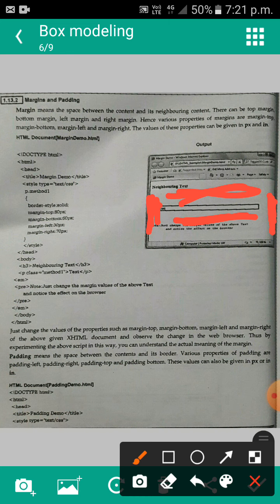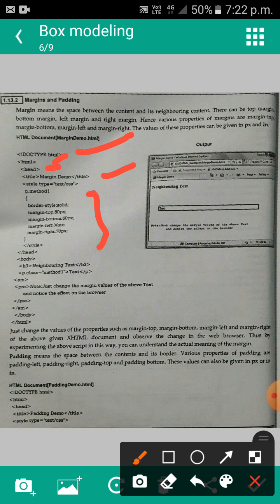Okay, so let's see one example program: document type, HTML, header, then title, a style. We are defining the style. Style type is equal to text slash CSS. Then the p tag, here for the paragraph tag we are defining the styles.